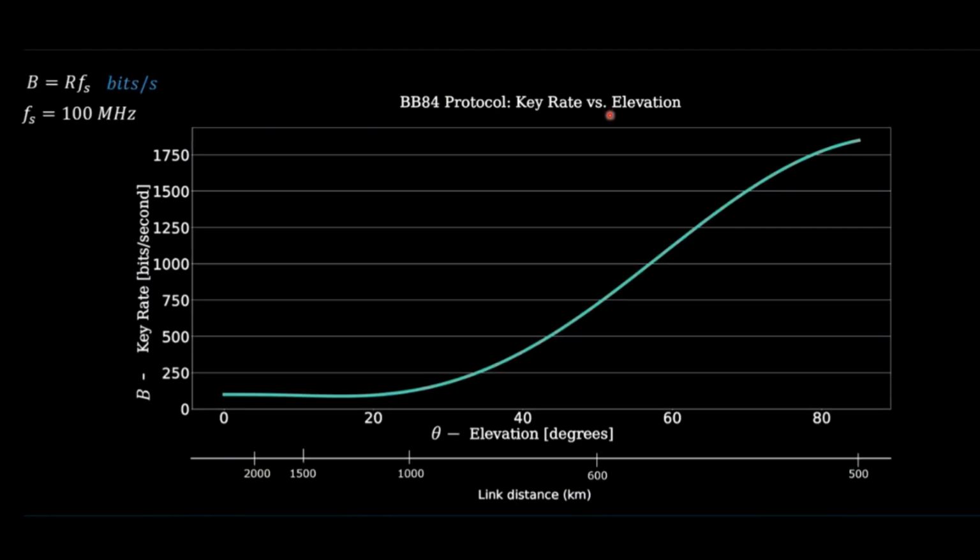So here I simulated this equation. We would need to multiply this K rate by the frequency of the source. So if we have a single photon source, for example, that would emit a single photon at 100 megahertz frequency, we can actually see what the theoretical K rates are that we can achieve. And as you can see, the K rates that we can achieve at high frequencies are on the order of